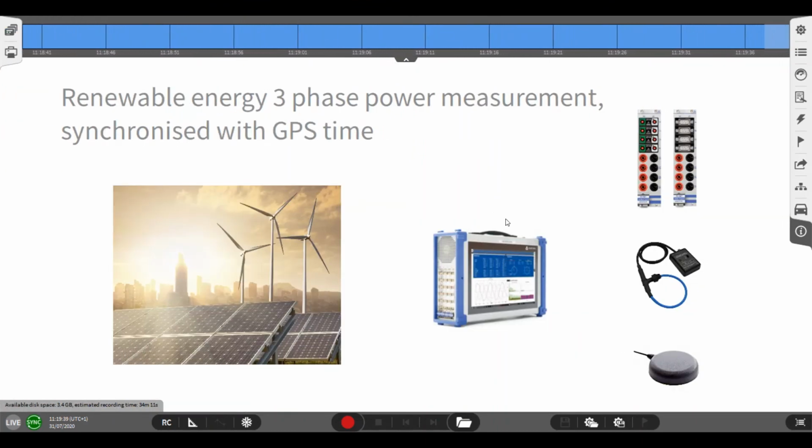That summarises the setup of the DEVI2 system and Oxygen software for a renewable energy 3-phase power measurement synchronised with GPS time. For further information about this application, please get in contact with